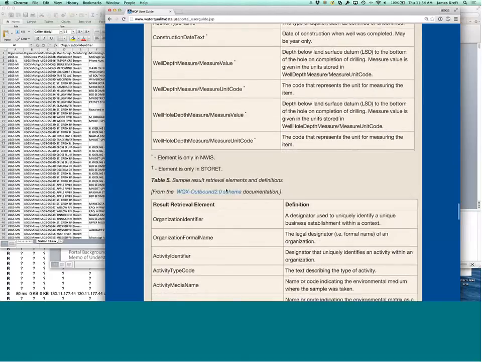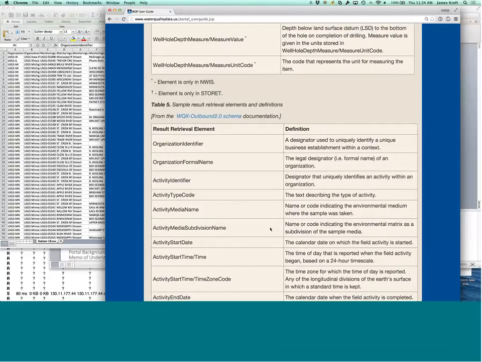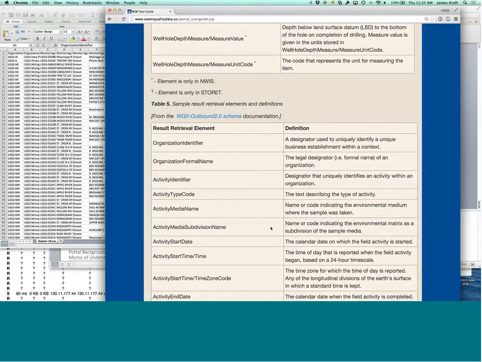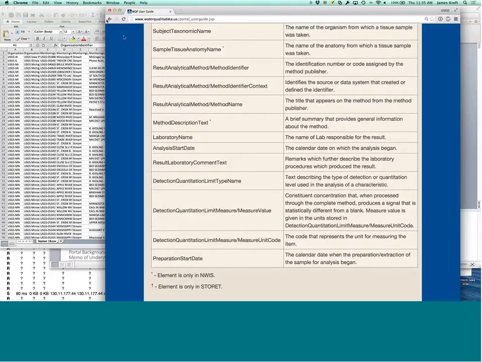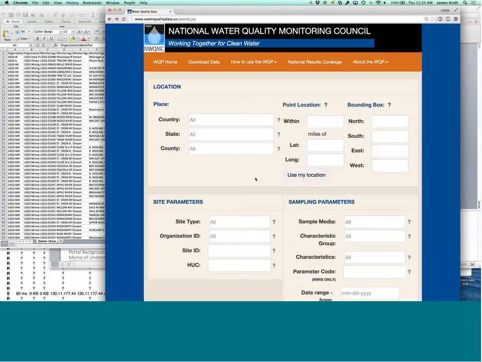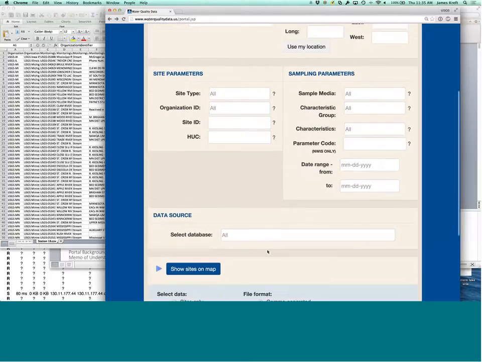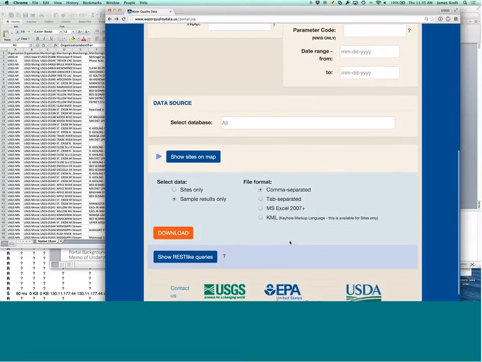And these are pulled from WQX, and ultimately from the WQX outbound schema, which is a superset, an extension of the WQX schema that's used to submit data to the portal, to STORET, via the data exchange. So let's go back from the user guide to the portal itself. Another important thing to see is